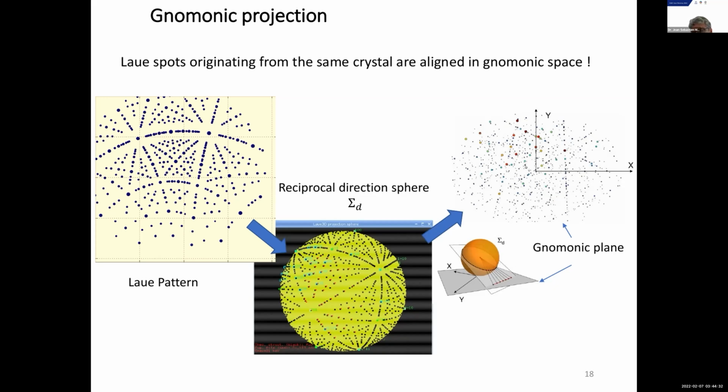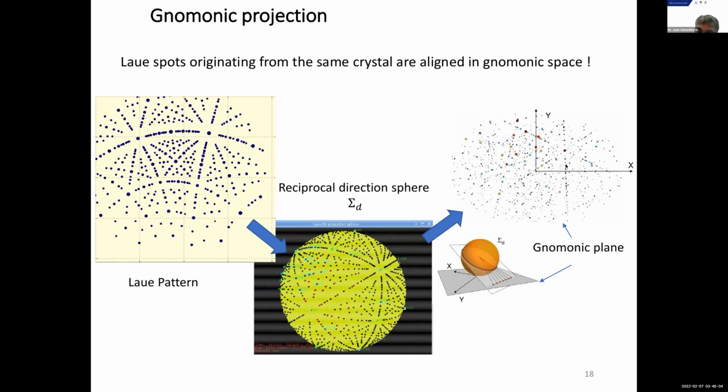That means that this is a typical two-grain Laue pattern that has been projected properly onto a gnomonic plane. And you can see now that the zone axis might be this one. There is no correspondence shown, but you can trust me that this zone axis may correspond to this one, and this one may correspond to this one. So it's a way to represent the data